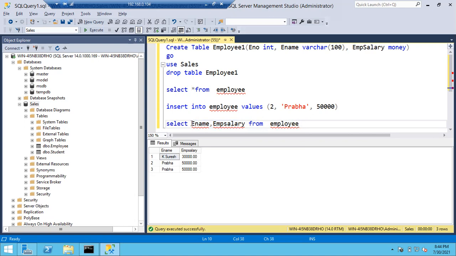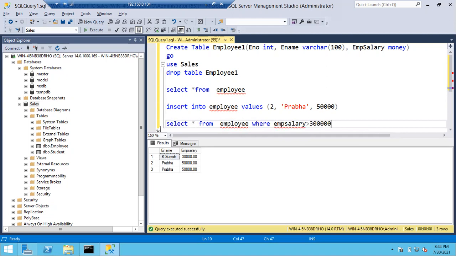Select star, because I want to pull all the entries of that particular employee. So select star from employee, and I am going to get all the columns. Now where employee salary greater than 30,000.